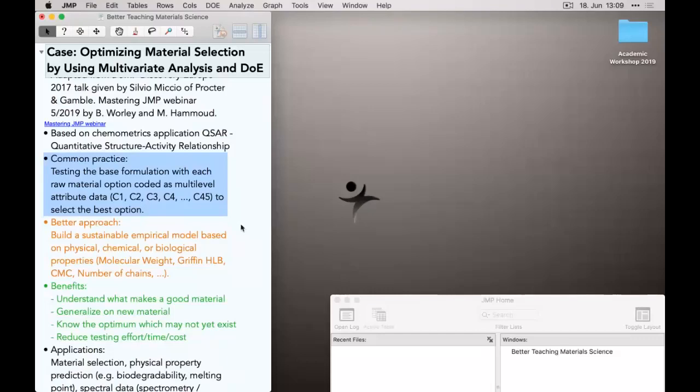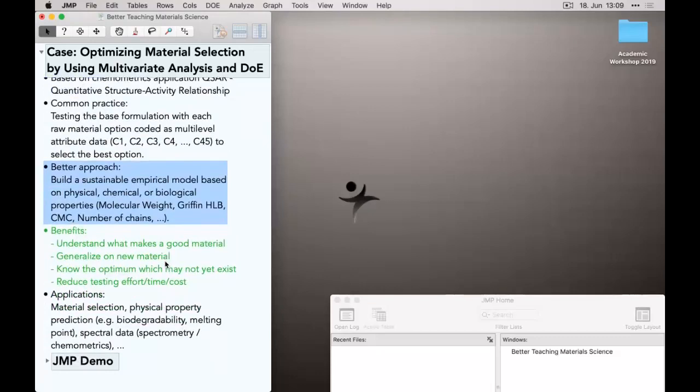But there's a better idea than using just one variable with attribute data. What Procter & Gamble did was to use the properties of the materials instead of just their labels or IDs. They collected 19 physical, chemical, or biological properties. Here you see some examples of all the 45 materials. And then they created a model